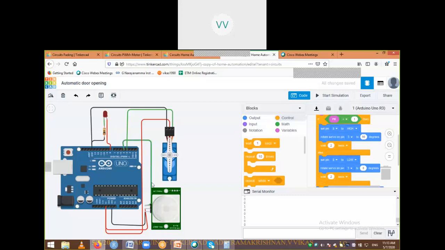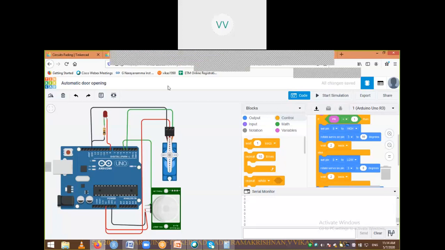The extra thing I am bringing is this servo motor. The servo motor has three pins. This pin is ground, and I am connecting it to ground. This pin is power, and I am connecting it to 5 volts. This pin is the signal pin, and I am connecting it to third pin. You can see this servo I am also controlling with PWM digital output, not with direct digital output. So that's the difference you need to understand here.